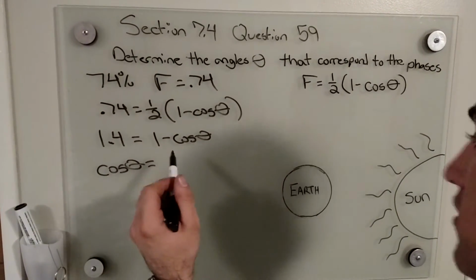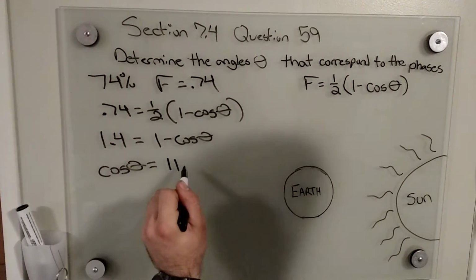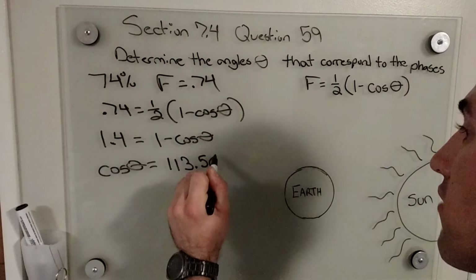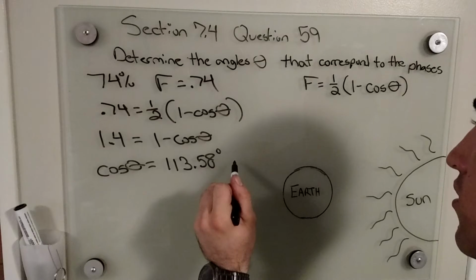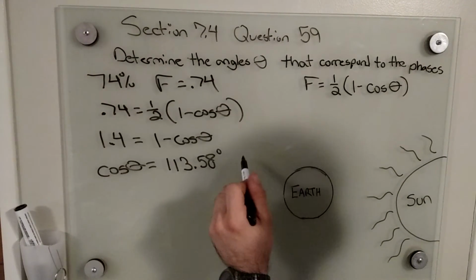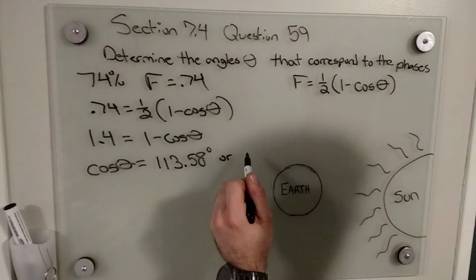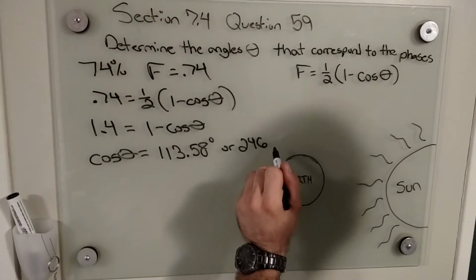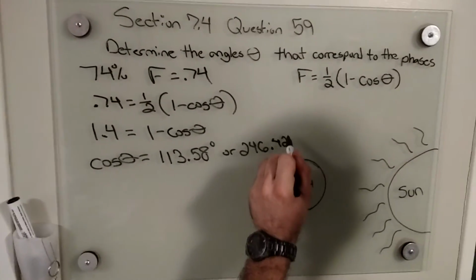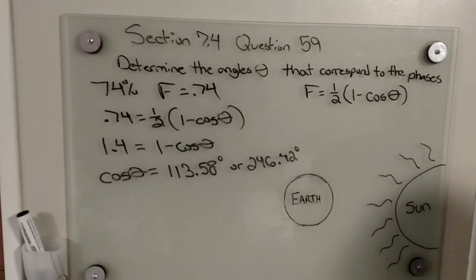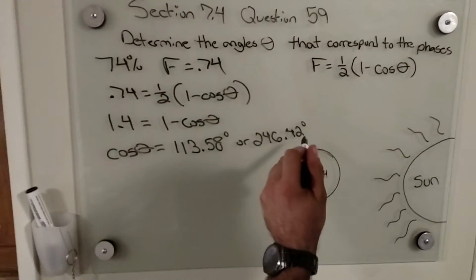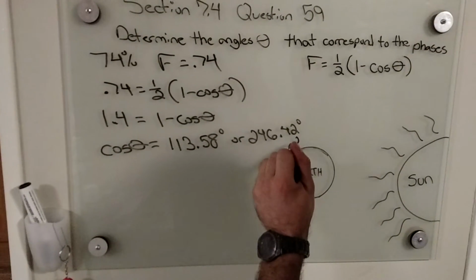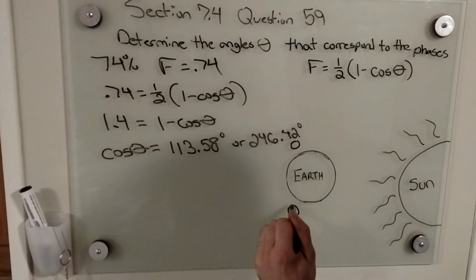The angle theta is equal to 113.58 degrees, or it could be 246.42 degrees. Now, what that would put it at is actually either right up here or right down here, where